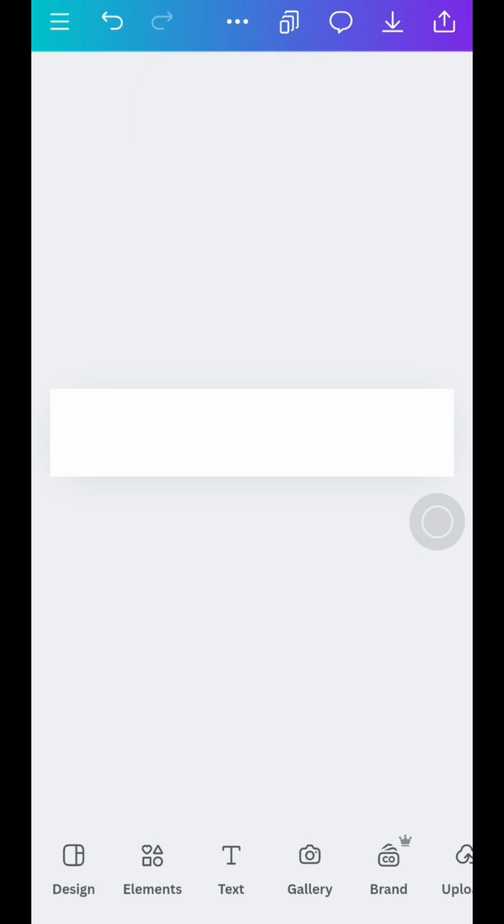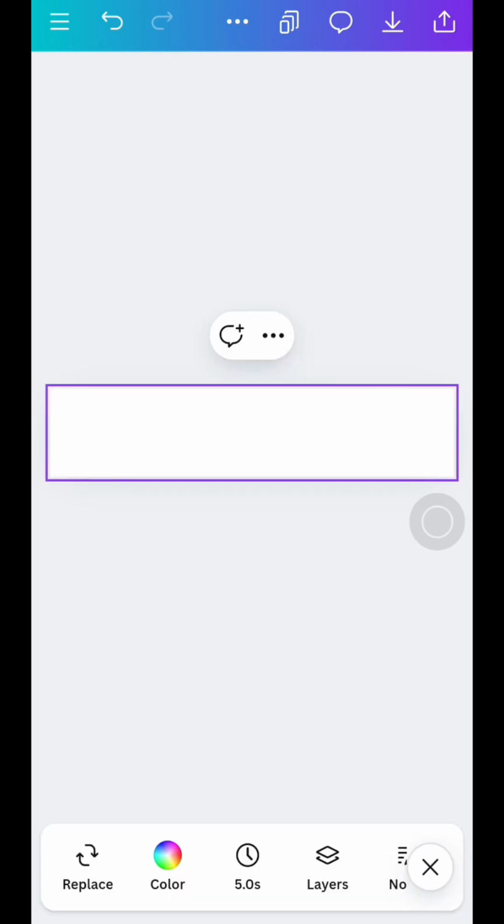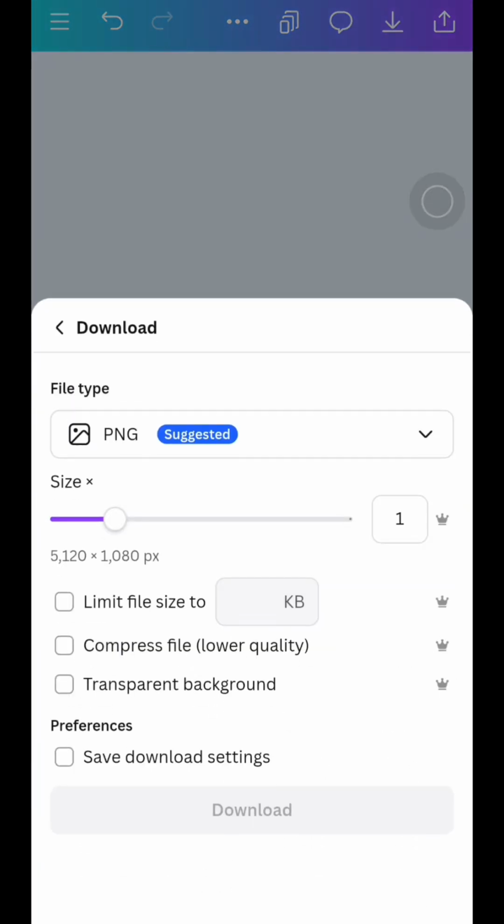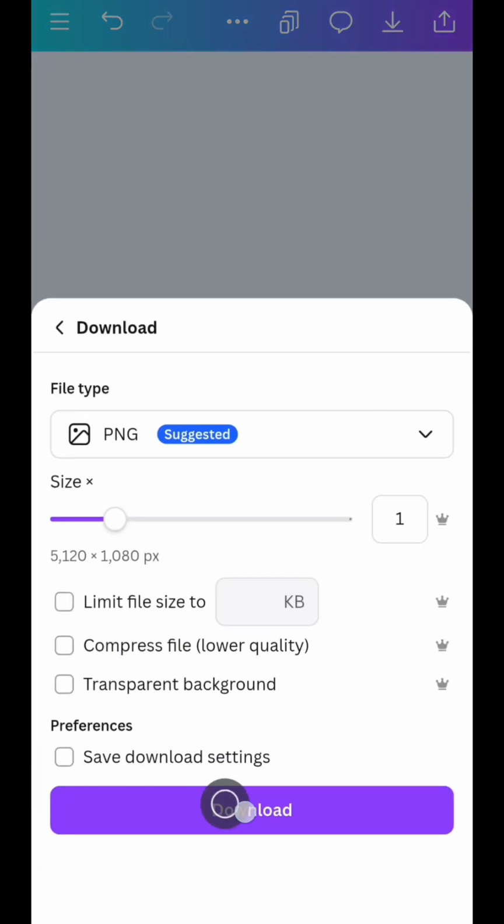And Canva will generate your extra wide frame like this. And then just change the color into black like this, and then that's it for the base setup. Now just export or download this frame to your device. Just tap on export and then download, and then just tap on download